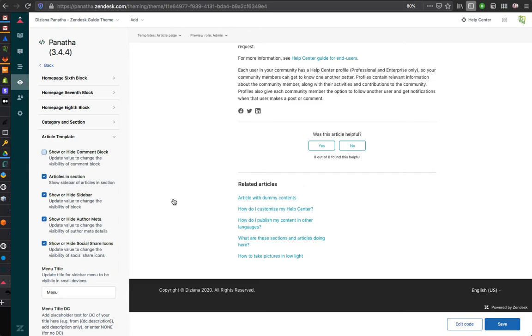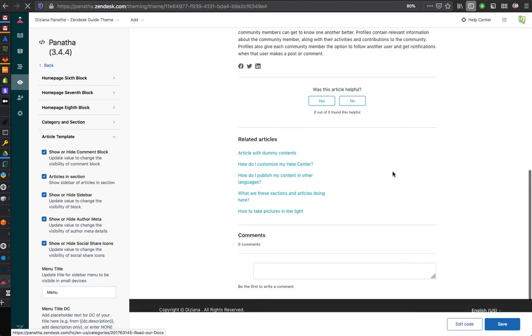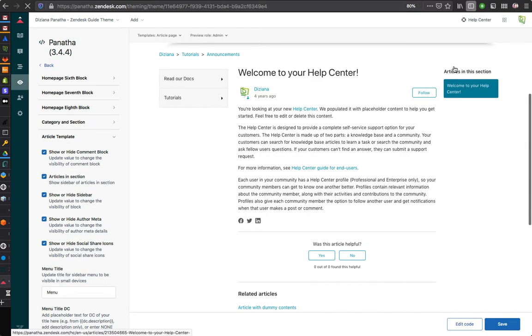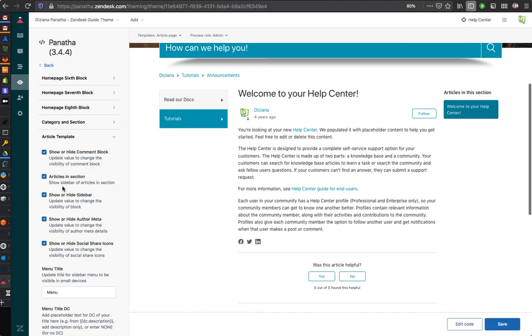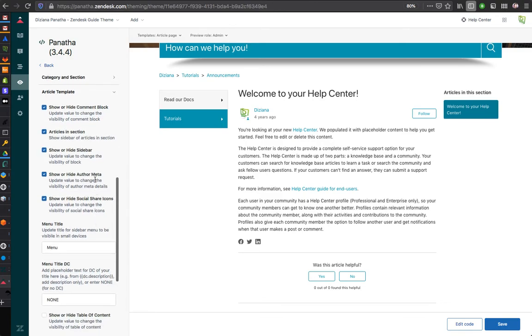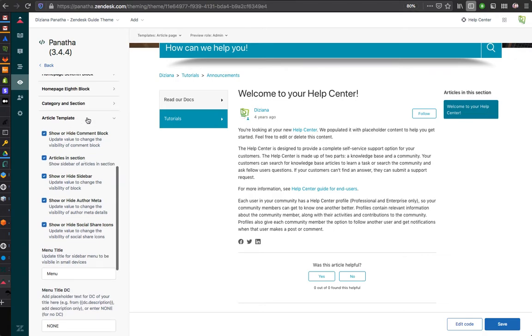So yeah, then there's a sidebar that shows on the right side. It basically shows all the articles in this section, which is like the current section, announcements. If you don't want to show this sidebar, you can just toggle this setting. Similarly, you can hide these sidebars the same way we did it in category and section pages. There is a show or hide sidebar. In a future version we are working to consolidate all these settings in different groups, so that we have an easier way to do it. But I think it makes sense to do it in the current context of the template.